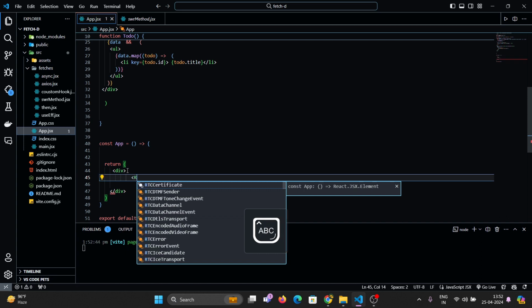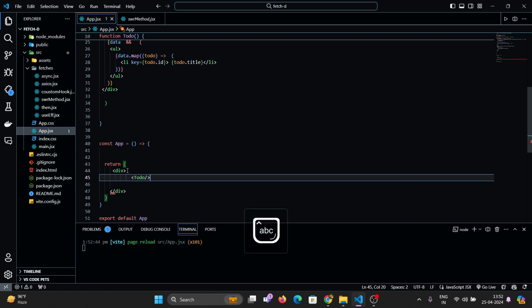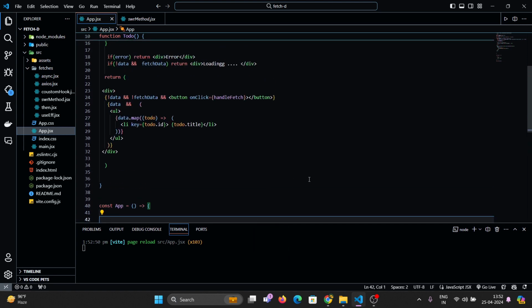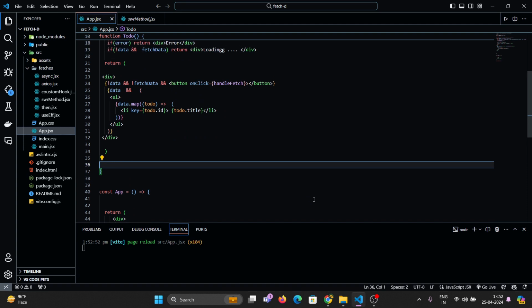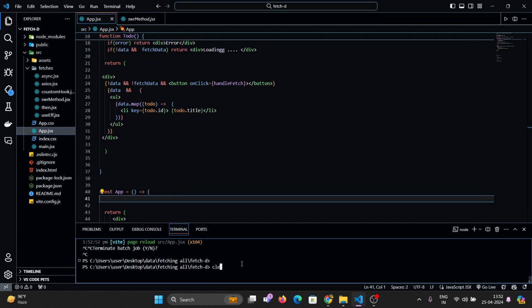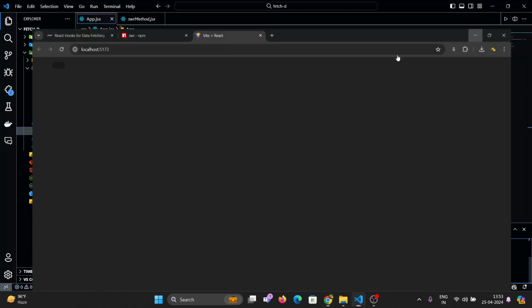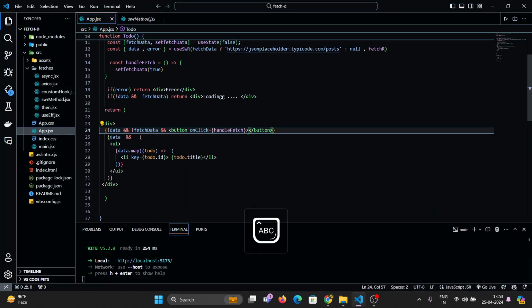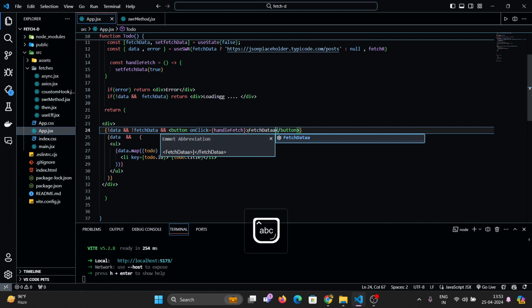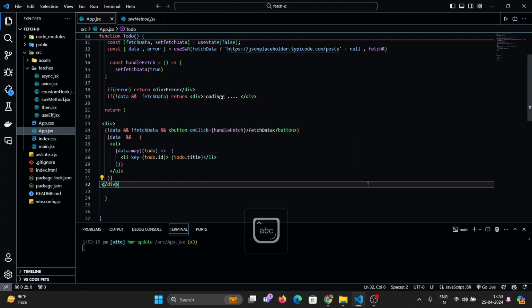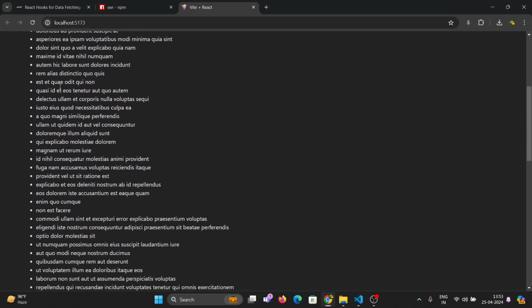todo, making a self-closing component, and okay, here we go. So now I just simply go to clear out the statement and start the npm run dev again. So now you can see there is a button. Oh, I did not name it. Button, fetch data, right? Fetch data, and save. And if I go to this, there is a button called fetch data. If I click on this it will definitely load the data.